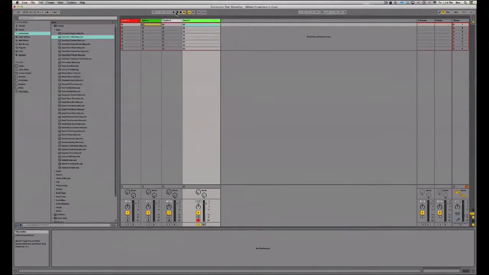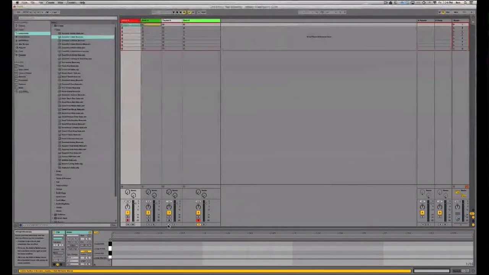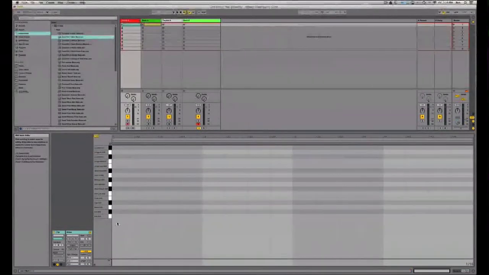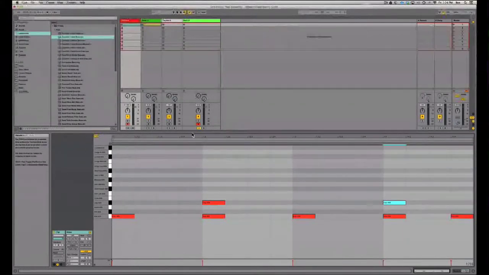Now the cool thing about this is people may ask why set it up like this, why not just use a return, something like that. Well, if I had a small drum pattern in here, and just a little kick pattern here, and throw on, let's say, just a little clap on the top here, and once again I'm just double clicking,